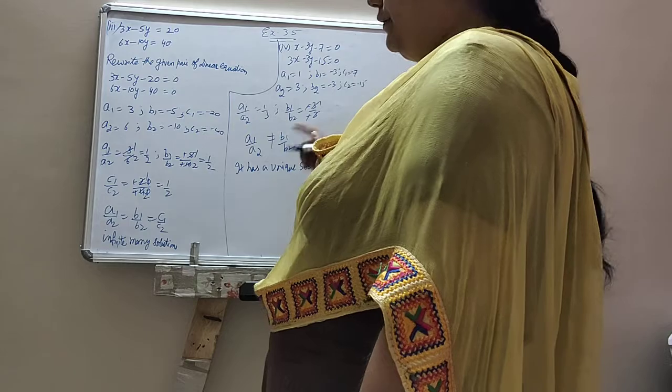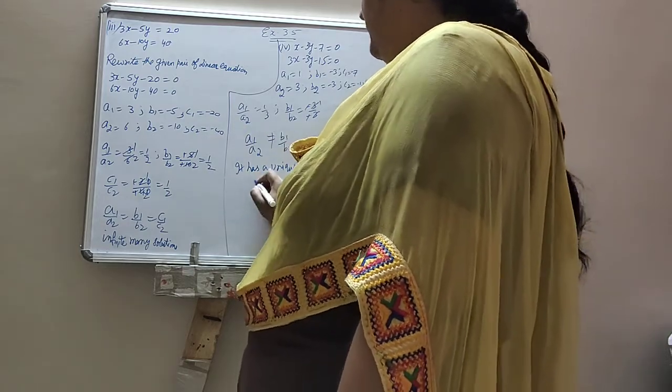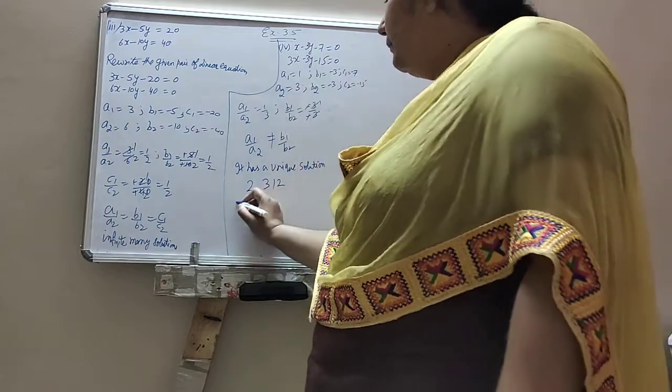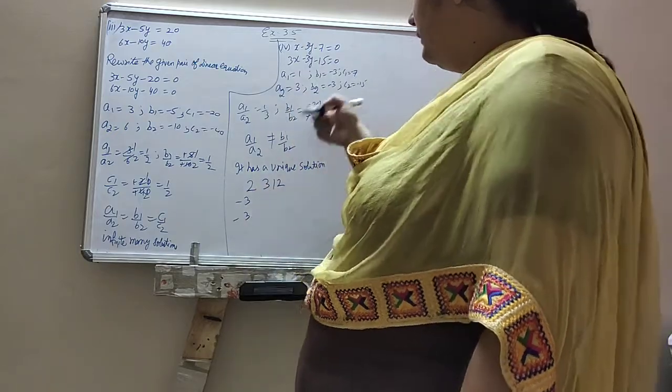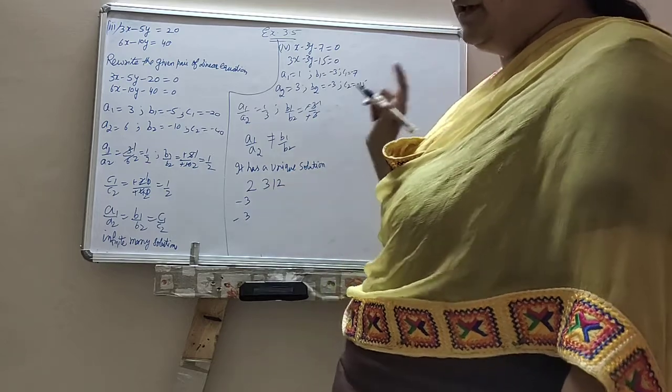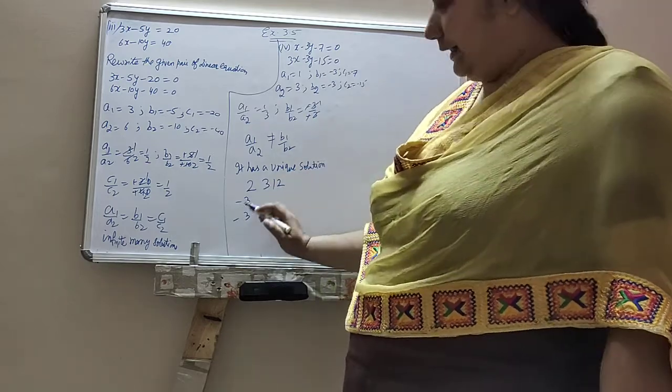Clear? It has a unique solution. So how to find it by cross multiplication? 2, 3, 1, 2, -3. ये कटिंग नहीं करनी बच्चा. Here it is not in the form of numerator and denominator. Here it is directly. So 2